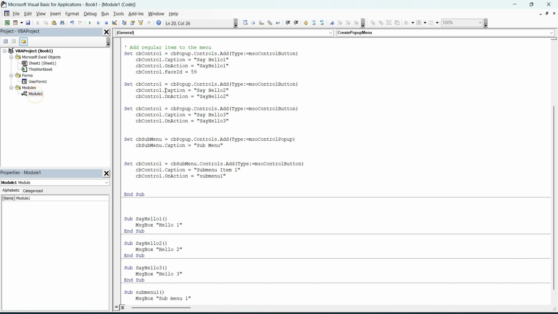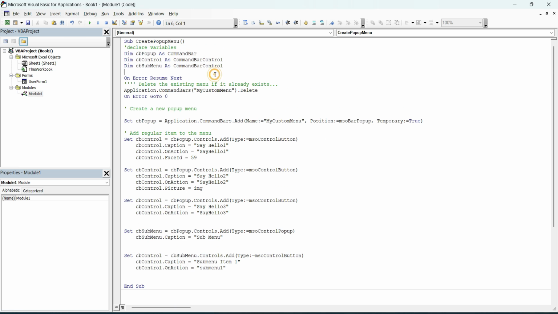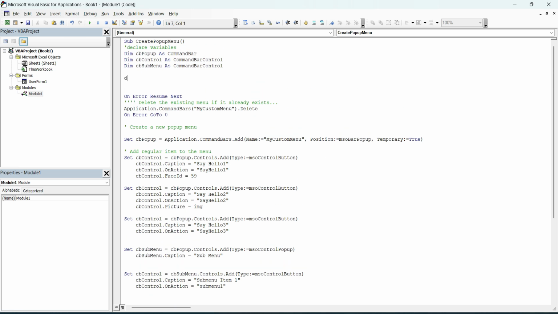But if you want to have an image, you can use the control dot Picture property also. So for that, let me show you CB control dot Picture. You can directly write it equal to img, and img is going to be an object variable. So let me create it first.